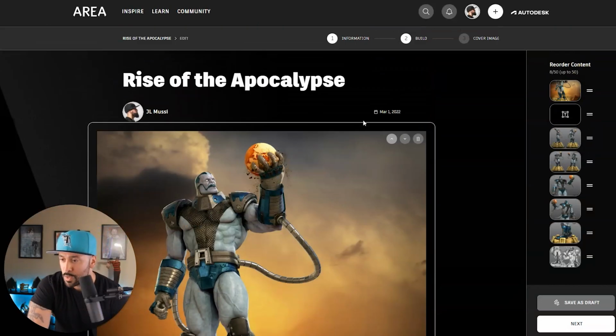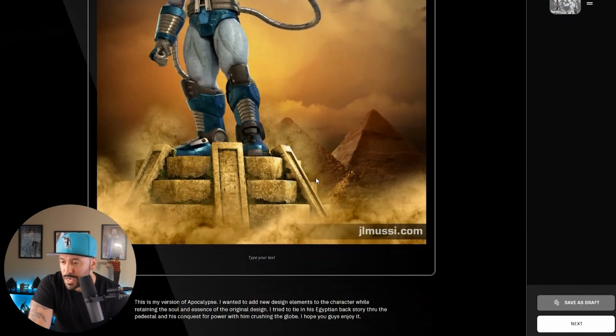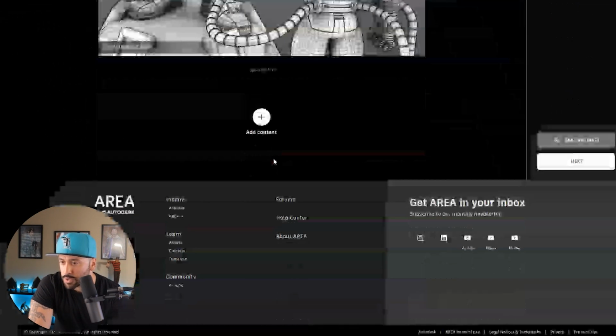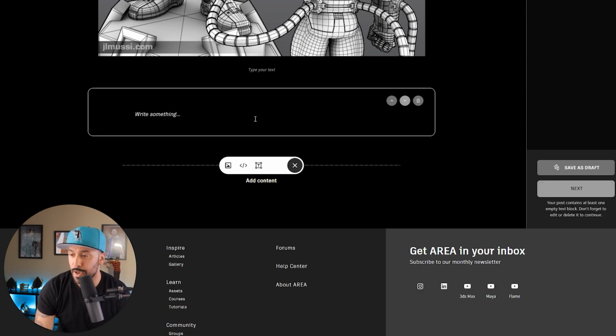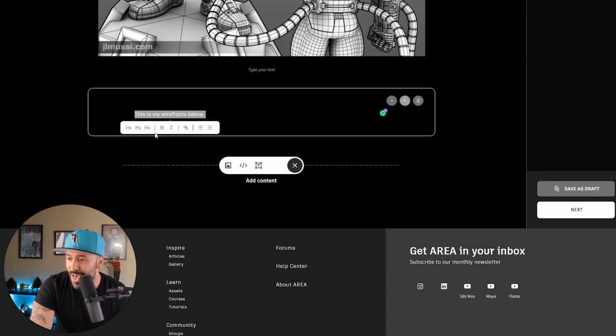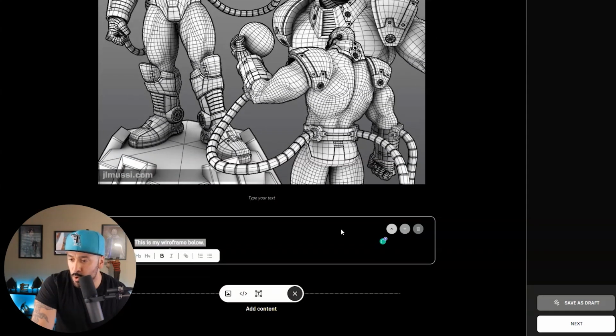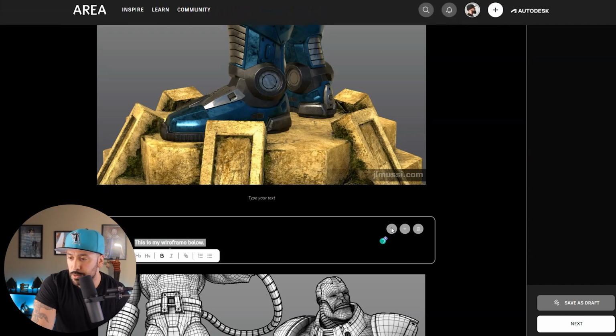So for example, if I wanted to add some text here, what I would do is just come down to the bottom, add some content, and I have the ability to add different elements all on the fly using this little pop-up widget. So for example, if I wanted to add some text, I could just go in here, quickly add it, style it however I want, and then I can go ahead and use these little buttons here